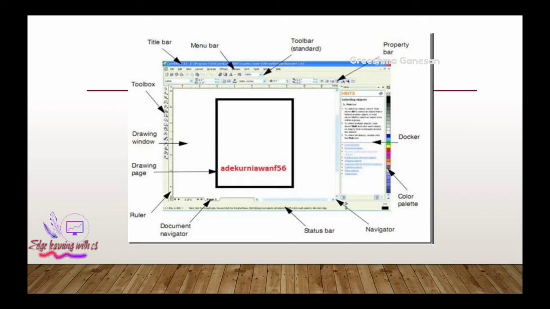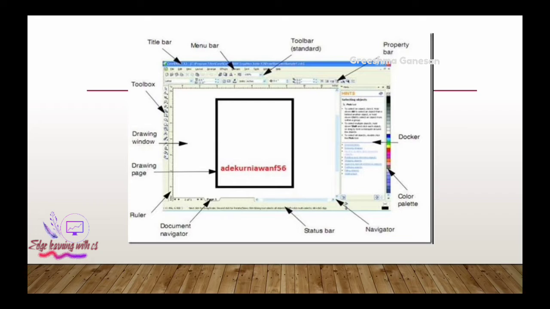Then the black rectangle portion is known as the drawing page. Here you will type data, fix images, draw something, or do clip arts and logo designing. Everything can take place inside this area. So this is the drawing page.